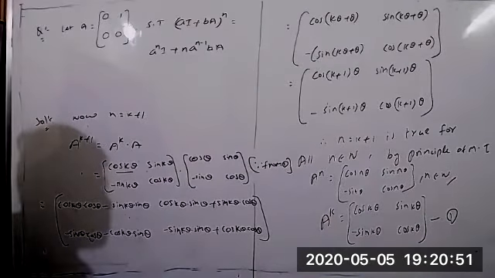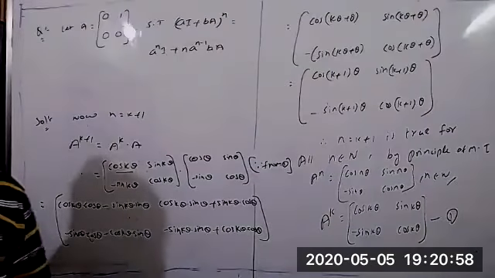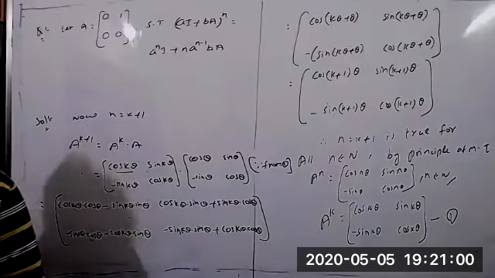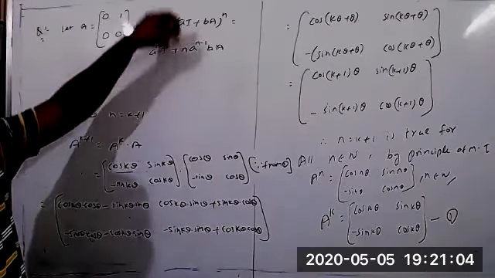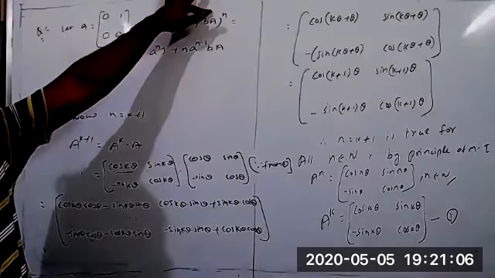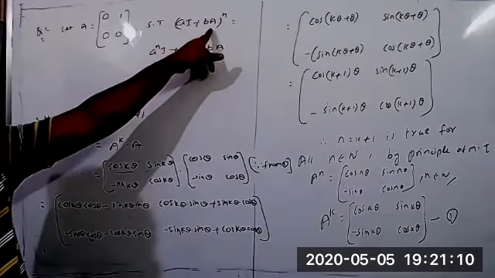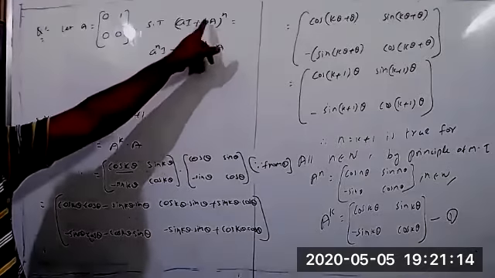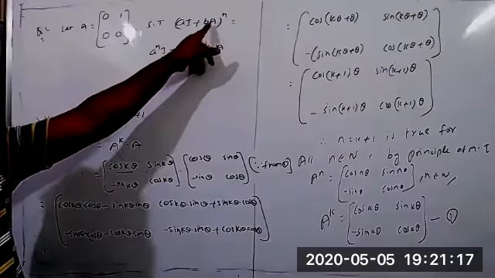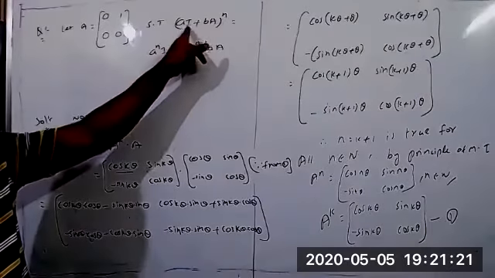Because the two will be equal. But here also, compulsorily, for this kind of problem where we have to prove something, we apply the principle of mathematical induction. Now here the same condition only. First you take n equal to 1. Take n equal to 1, what happened, tell me now? We got aI plus bA. When you take n equal to 1, what you have to get? Compulsorily, LHS equal to RHS. N equal to 1 means we got aI plus bA.